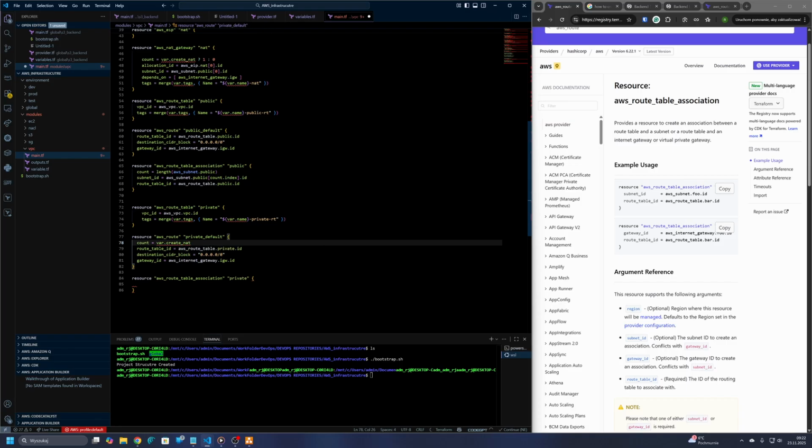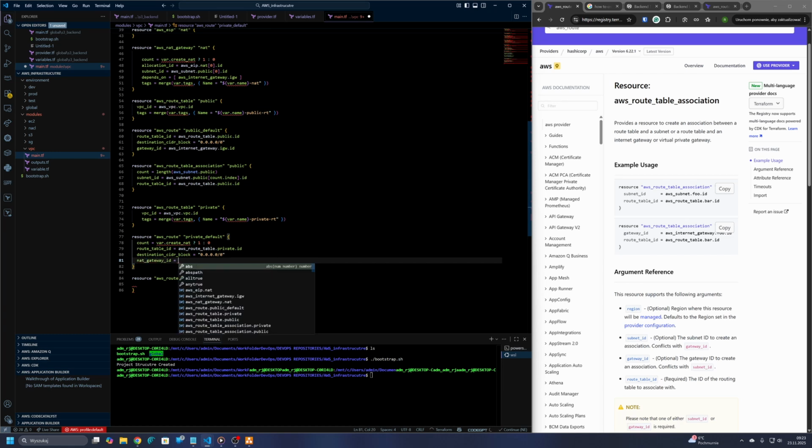So with this we will be able to pass true or not for creating the NAT gateway for the private route, and as we are creating this route, we are going to change that for NAT